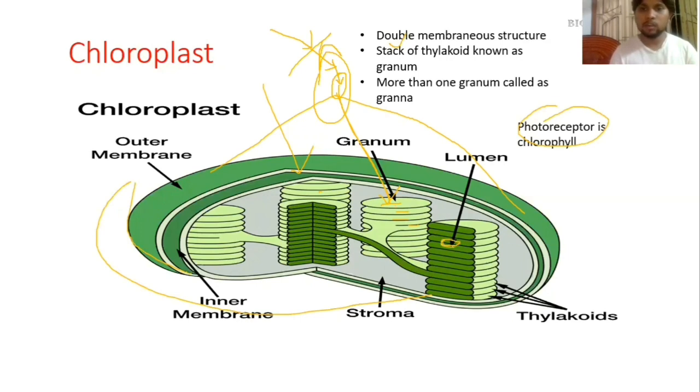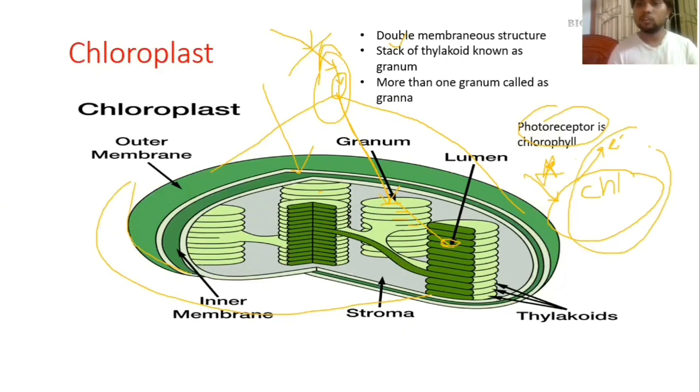Here chlorophyll is present. This chlorophyll is absorbing the light. Understood how light is absorbed by the chlorophyll? We'll see the chlorophyll structure in some other video, not here, so it doesn't get so lengthy. Just one thing about chlorophyll: it has alternate double bonds, and in the center it has a magnesium ion. Because of that alternating bond system, chlorophyll can absorb light. When chlorophyll absorbs light, it gets excited and releases an electron. Just remember this, it is very important.